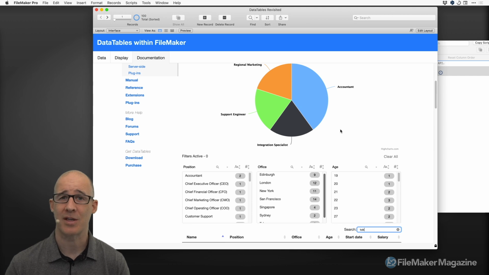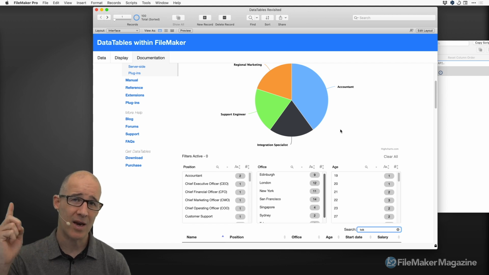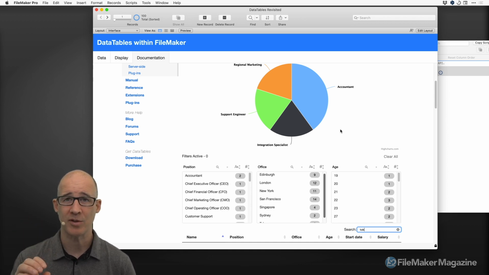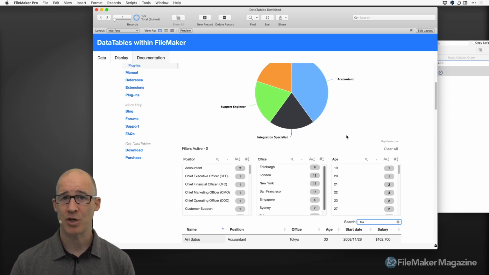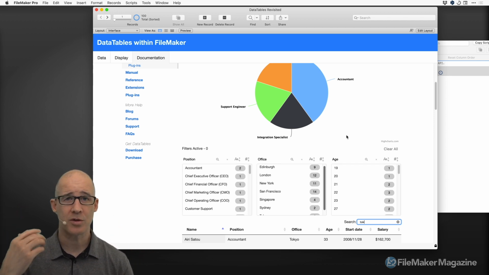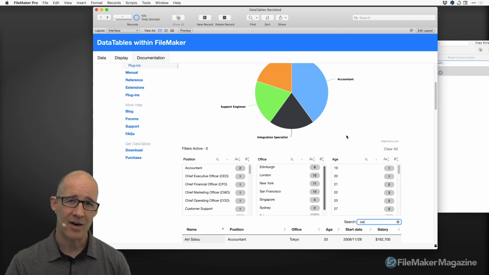FileMaker can't do this, ladies and gentlemen, but you can do this within a web viewer. And now that it is so easy to go in and out of FileMaker, and I've given you the two easiest ways to get your data in a format that data tables can use right like that, stepping into this type of exploration of integrating a charting package and putting that all within one web viewer and giving your users even that much more power, that is the reason that I'm making these videos, for you to understand more about what you can do